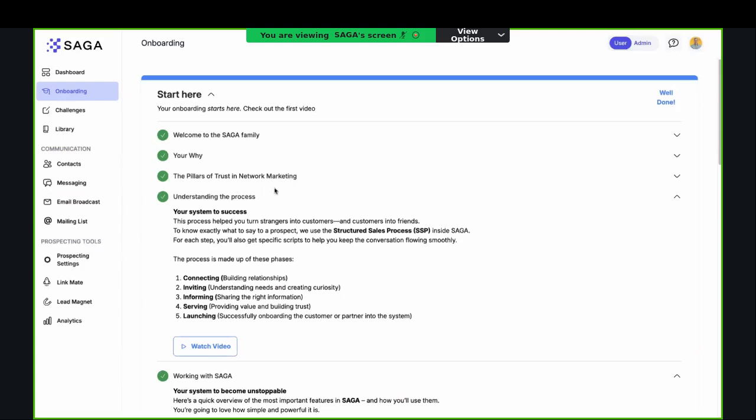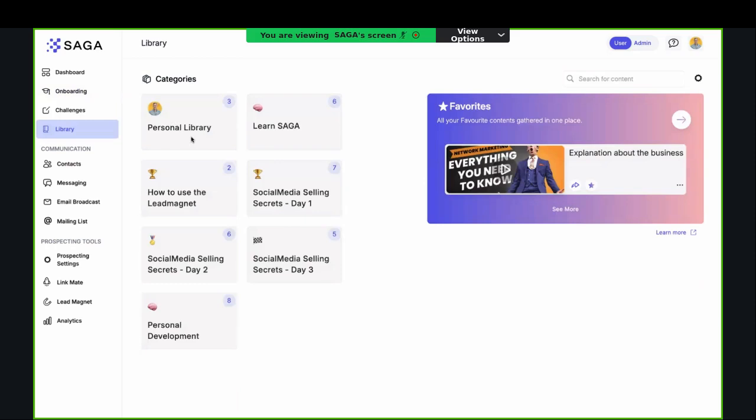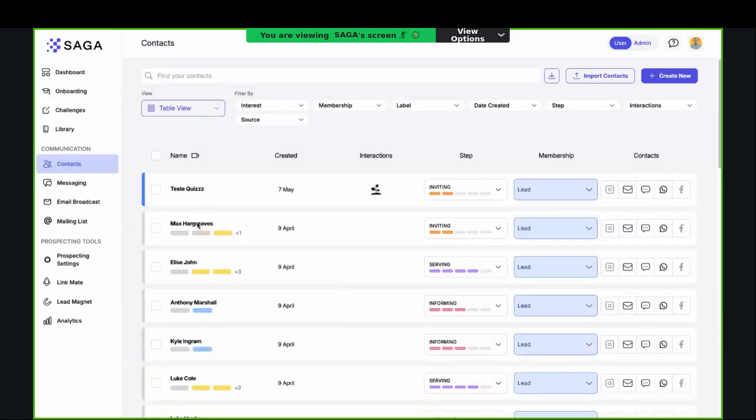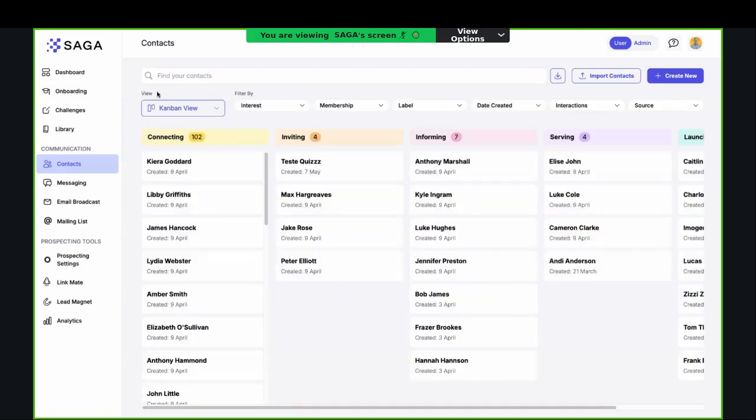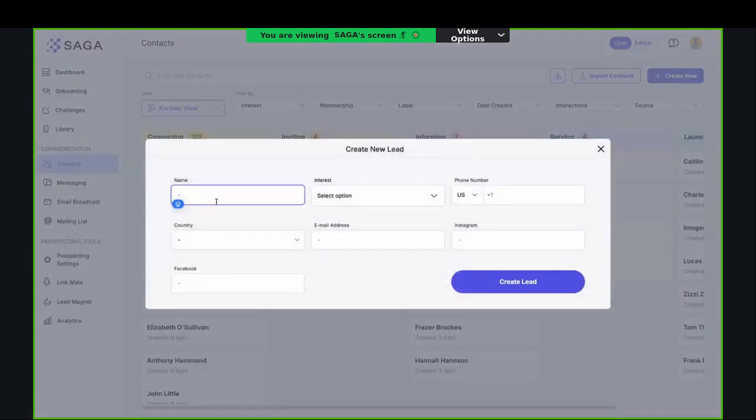Into SAGA. So that was the onboarding. The next thing is the connecting, or the contacts. For the contacts, of course, goal number one is to bring all your contacts into it. The cool part is if you've worked with an Excel sheet until now, you can import that Excel sheet. If you worked with Trello, you can import Trello into it. If you didn't work with a digital list, you have to do it manually. How to do so? I can create here, and I could say